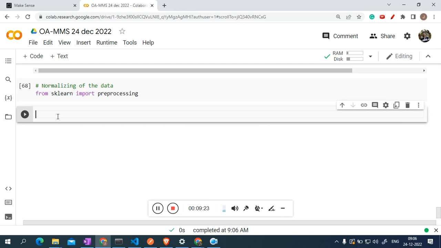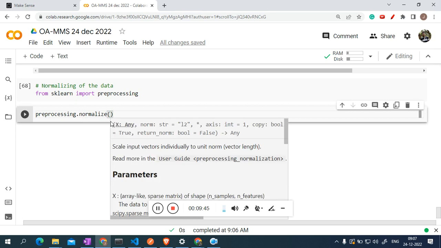What you need to write now is preprocessing, that we just imported. In preprocessing, you need to take normalize. So write normalize, in preprocessing normalize, pass your data,